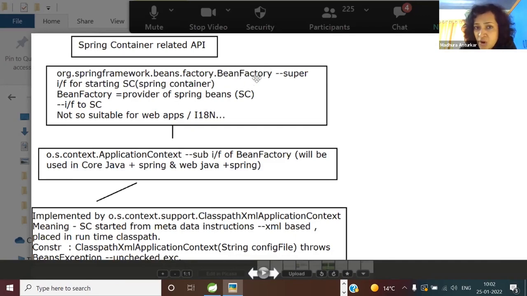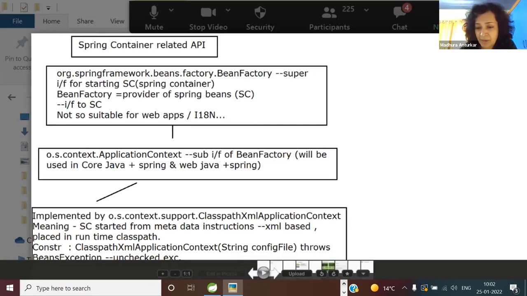Likewise, what would be the job of your bean factory, which is nothing but a Spring container? A provider of ready-to-use Spring beans. You'll see after the break, those Spring beans will be located, loaded, instantiated. I hope you remember all these words from servlet lifecycle. They would be dependency injected and also initialized, exactly like your servlet lifecycle. Only thing is, servlet lifecycle was being managed by whom? Web container. Who is going to manage the Spring bean lifecycle? A Spring container.